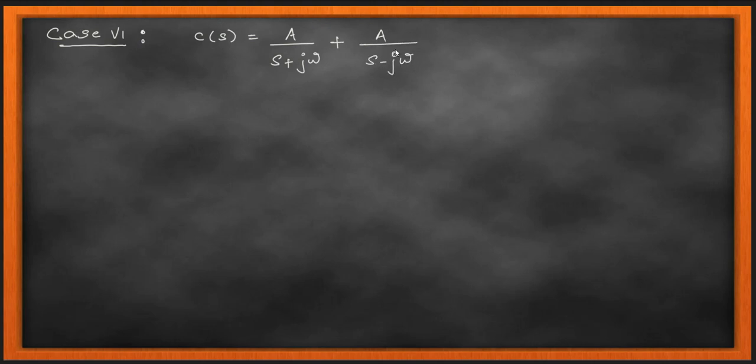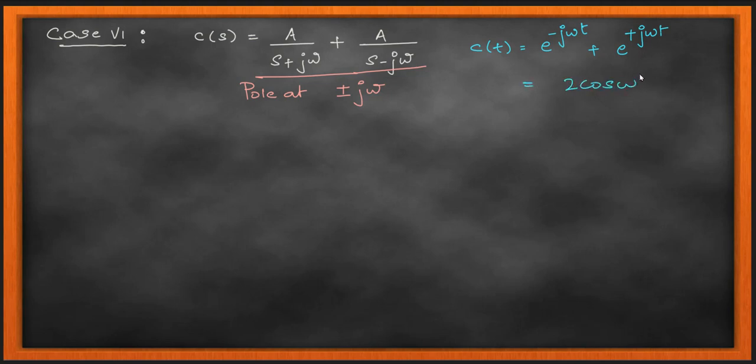So coming to case 6, I am talking about only your imaginary roots. So this is also very much needed. With the 6 cases, I want to just show you all the places that the roots can occupy in my S plane and what happens to the stability, because now from just the location of the pole, I am able to tell about the stability of the system, right?